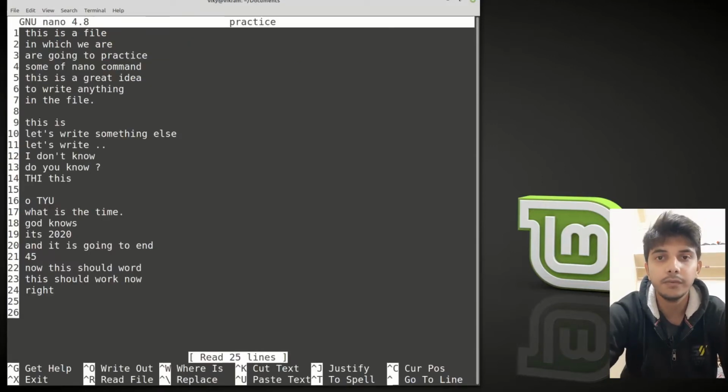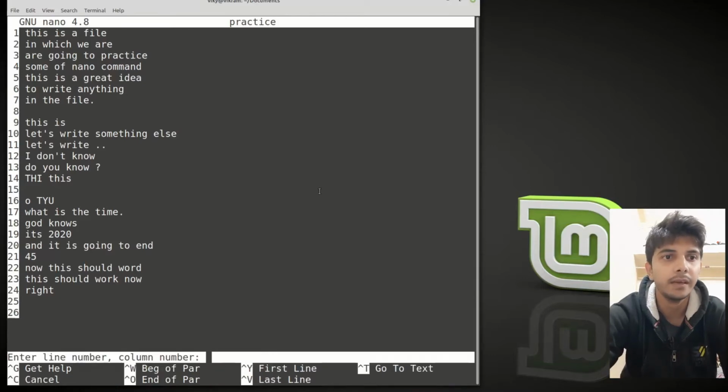Now let's say that you want to go to a particular line number. For that you can press Ctrl Shift and underscore. It will ask me to enter the line number and column number. So remember that our line number starts from 1, and this particular character is 1 and 1. So basically this is the first row and first column.